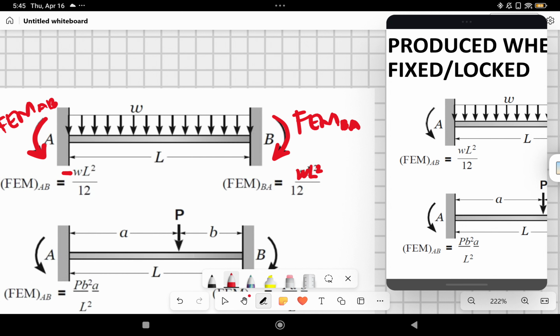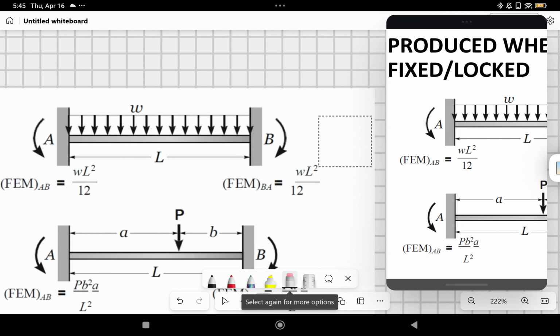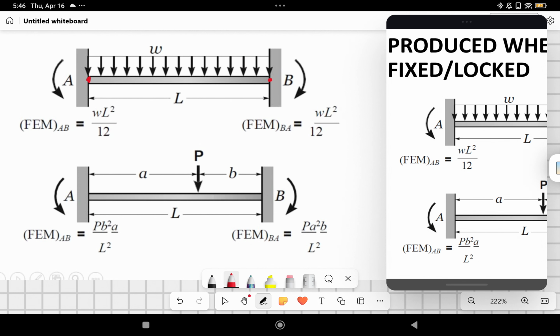So, that is WL squared over 12. Okay, W is the intensity of the distribution. L is the length of the member. Okay, this is for the case of a uniformly distributed load that is spanning the whole member. Next naman, if you have